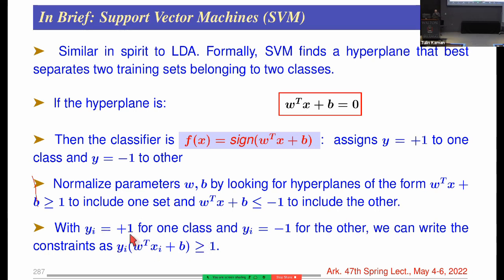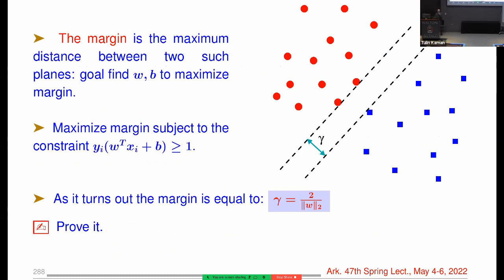So in that case, the constraint will become this. If it's positive, it's larger than 1; if it's negative, this would be larger than 1. So yi would be either +1 or -1. Then because of what you decided here, that's the constraint you have to have. And therefore, what you'd like to do now is to find a sort of